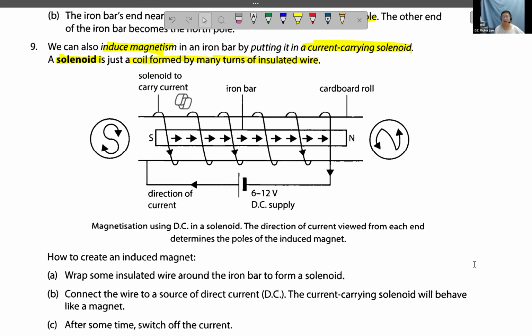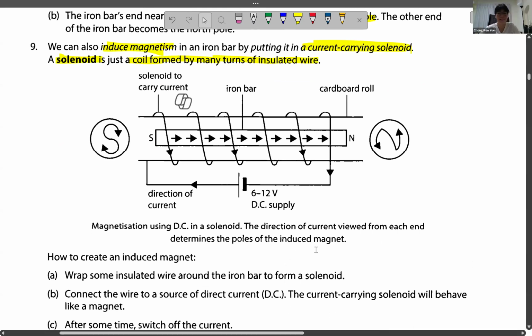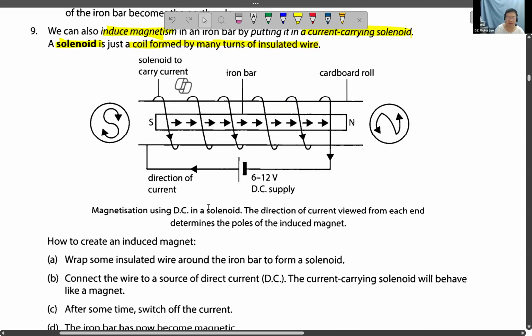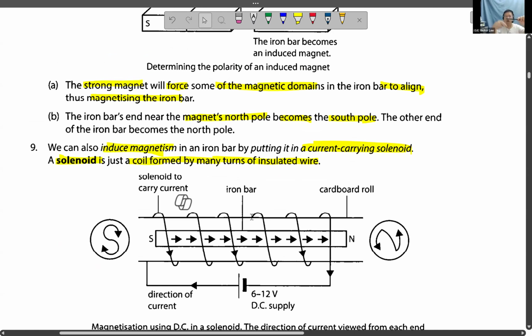Okay, are you getting lost? No. Okay, so how do you induce a magnet? Of course, in this case, how to create an induced magnet? Of course, you can just take a piece of iron, you coil the